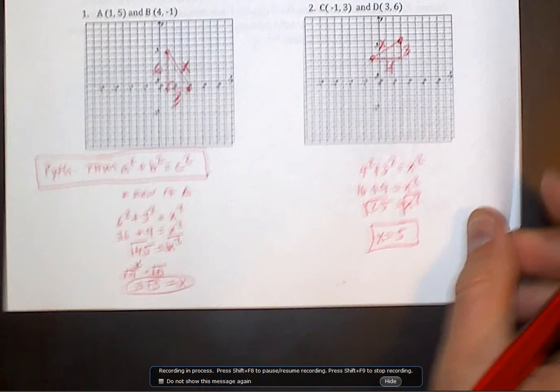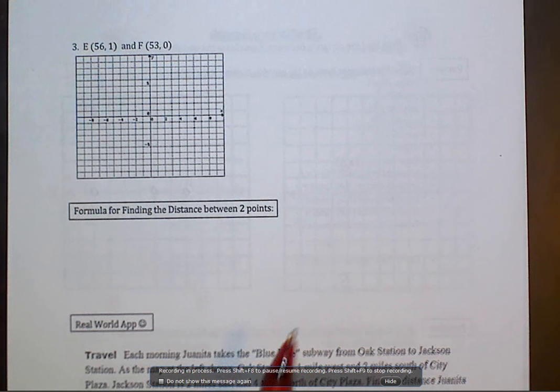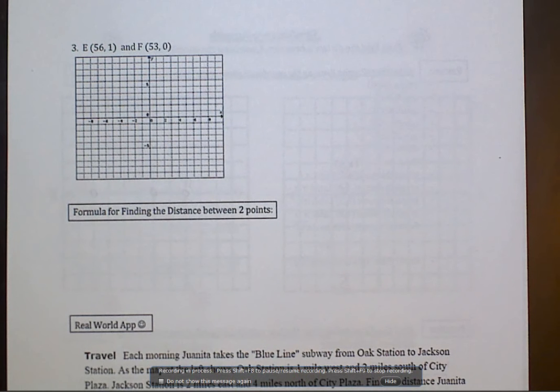Flip your notes over to the other side here, and we'll talk about a situation where, you'll see in your notes here, if I can get it on the screen. Look at your 2 points. (56, 1) and (53, 0). All right? Now you don't have enough space on your coordinate plane to do this. So when you don't have points that fit on your coordinate plane, this is when it's a good idea to